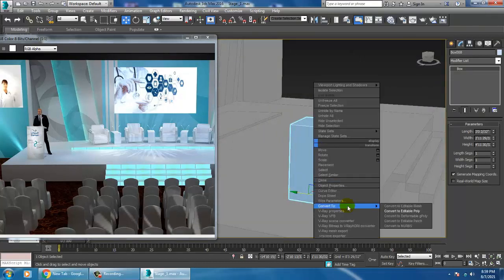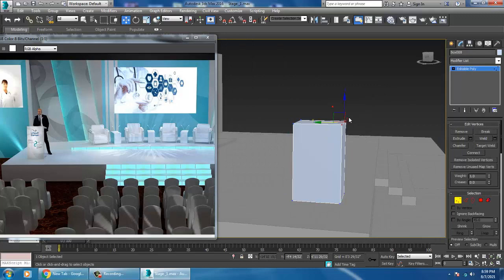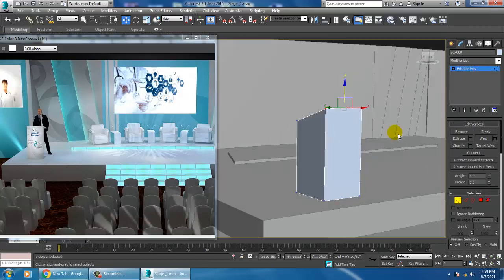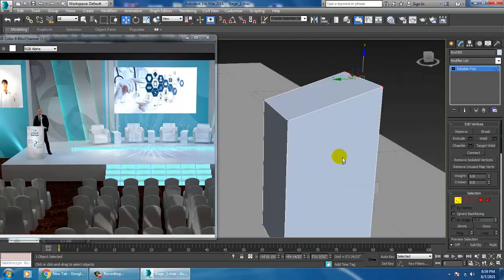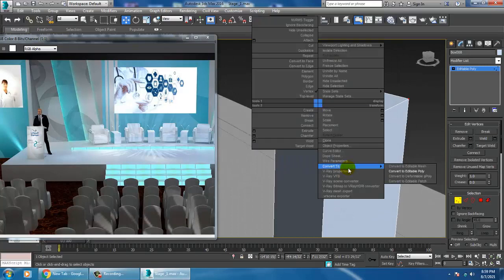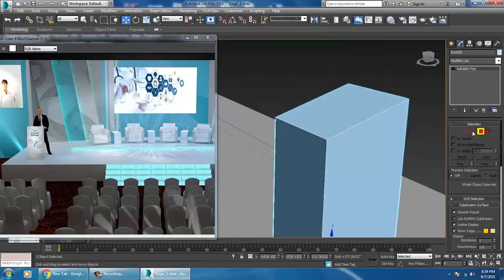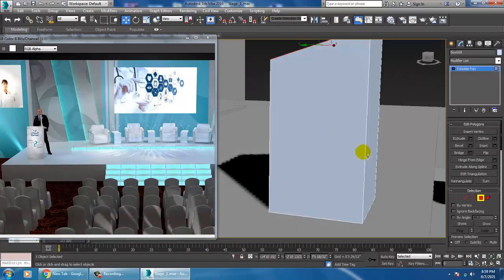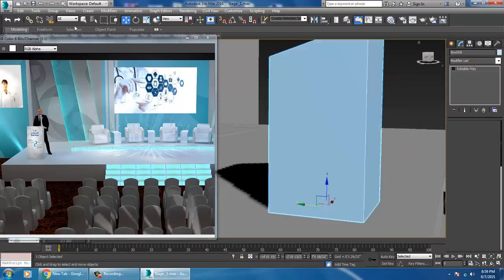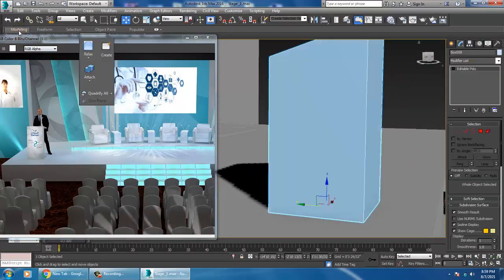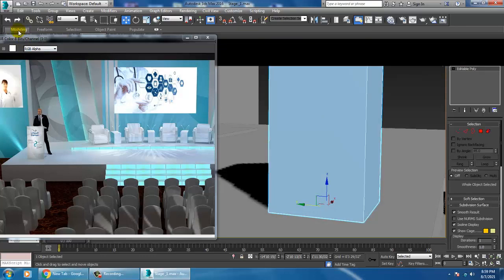Convert to editable poly. I'll slightly shuffle this up in this way. Select this, and if you want, I can give some details over here.